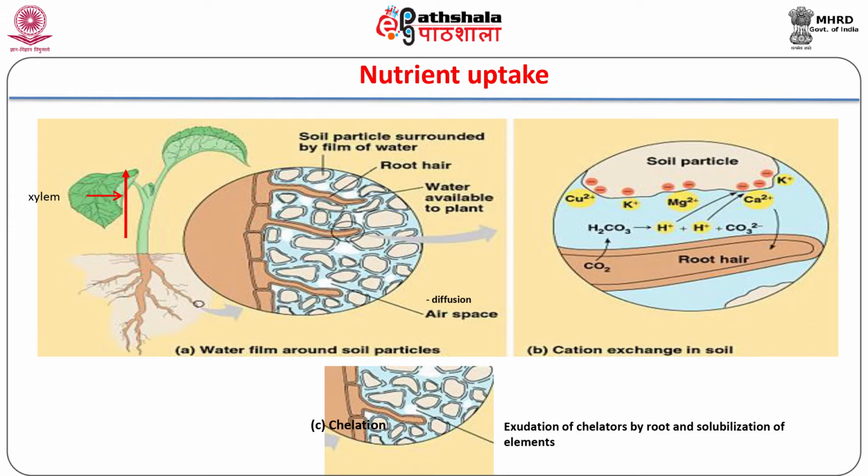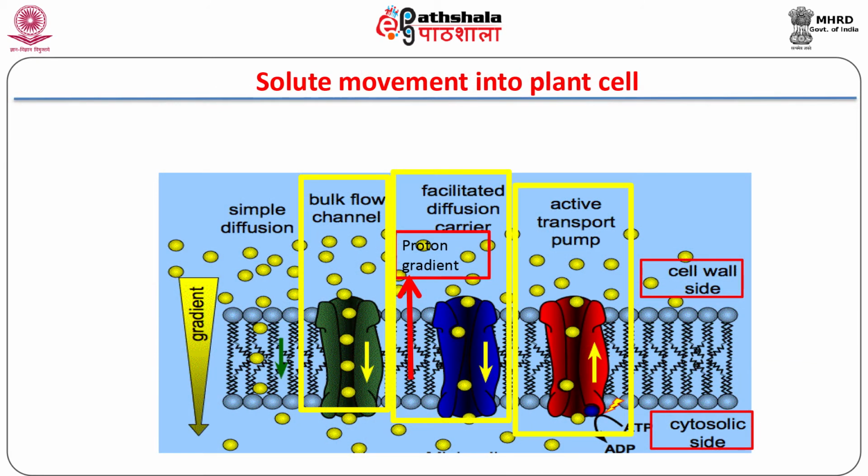Uptake of elements by plant cells is effected through channels or transporters present in plasma membranes. Channels show specificity for the ions that they transport, and this transport is passive. The transporters also carry ions passively, but are energized by a proton gradient created across the root plasma membranes by the activity of an H+ ATPase or PPase. Active transport of elements across membranes occurs by the activity of pumps, which can transport elements against a concentration gradient.